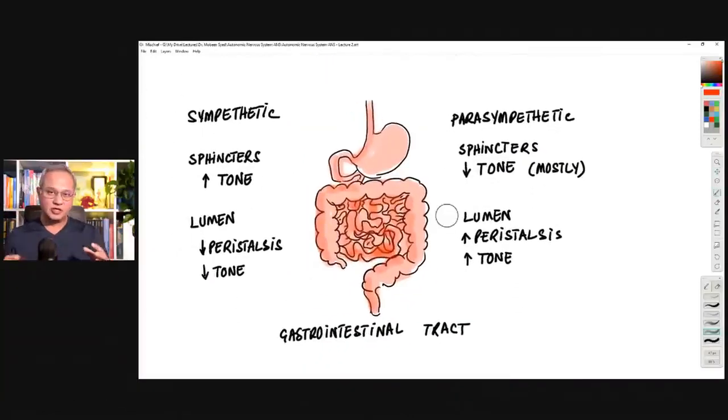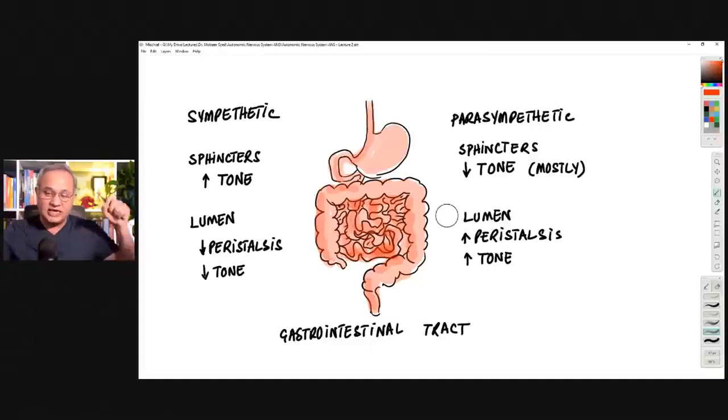GIT. So think about it. We are running away from a lion. Do we want our sphincters to open up? Sphincters are those ends of our GIT, for example, the anal sphincter, right? Or the urinary sphincters. If the sphincters are open, we're going to start pooping. Do we want to poop when we are running? No. So if we want the sphincters closed, then we have to do one more thing, and that is we want the GIT not to function, or not to function too much.